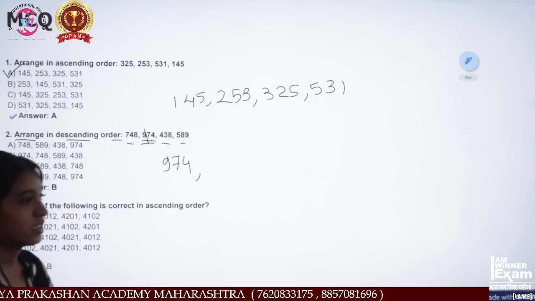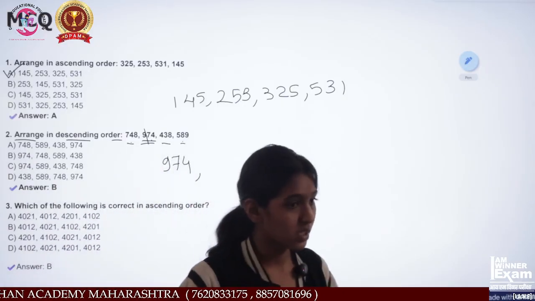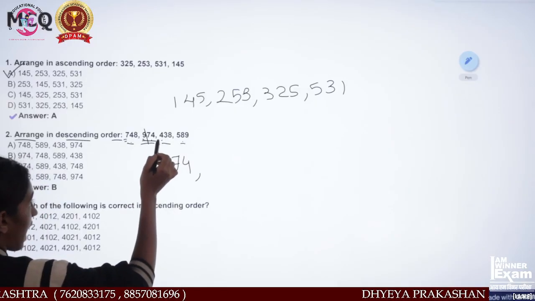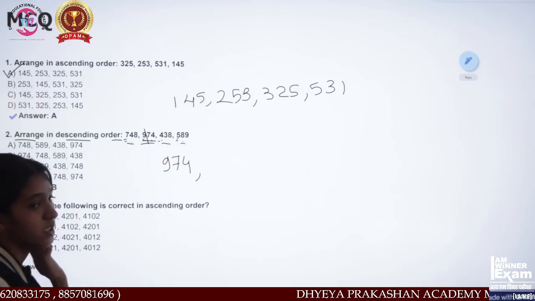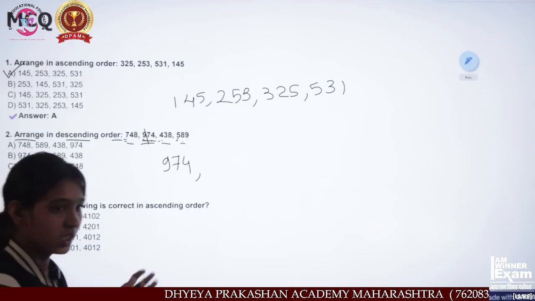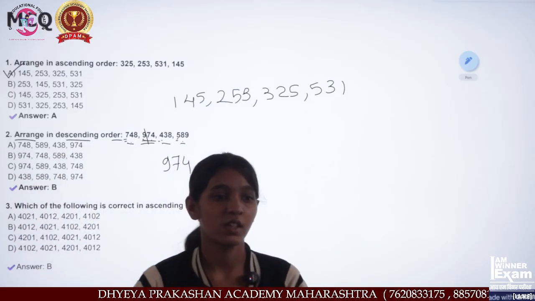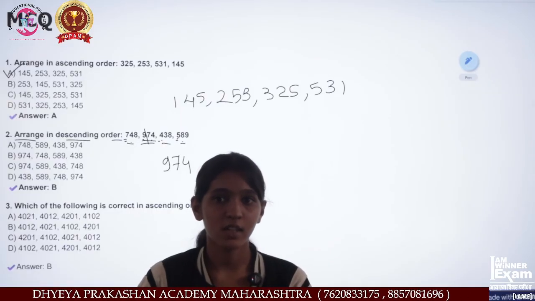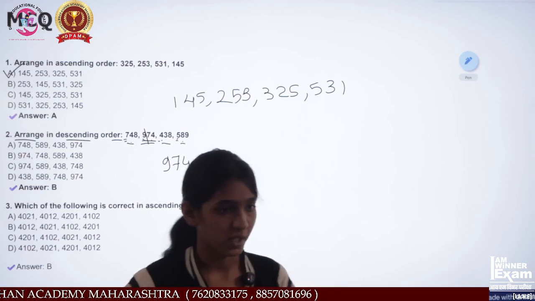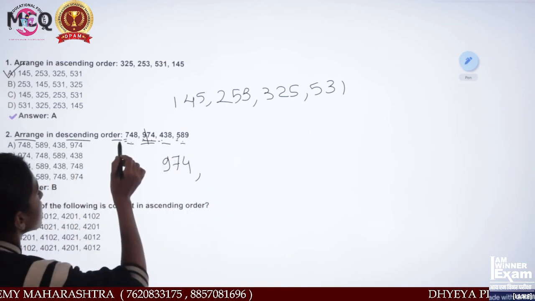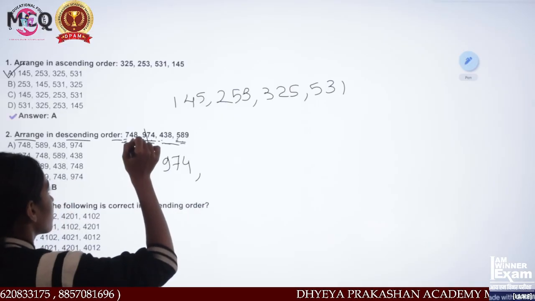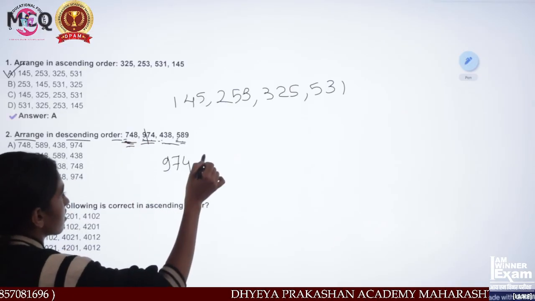So first of all, let us understand how to find the biggest. First, just look at the first digit. After looking at the first digit, which number is biggest? 9. That means this is the biggest number. This is how we find the biggest or the smallest number: we check the first digit. Then which is the biggest number among these? This number is the biggest. Write this number.